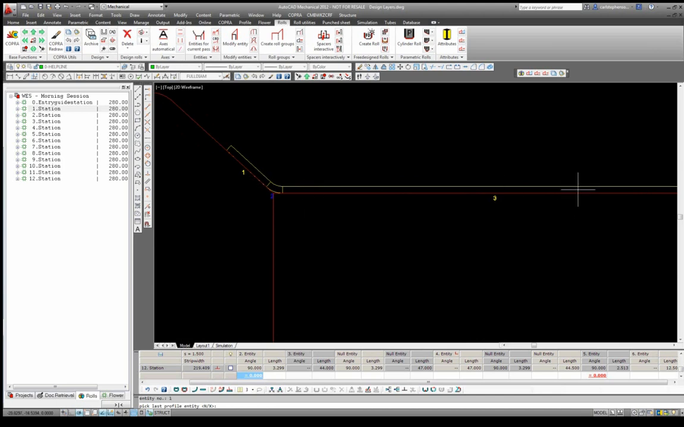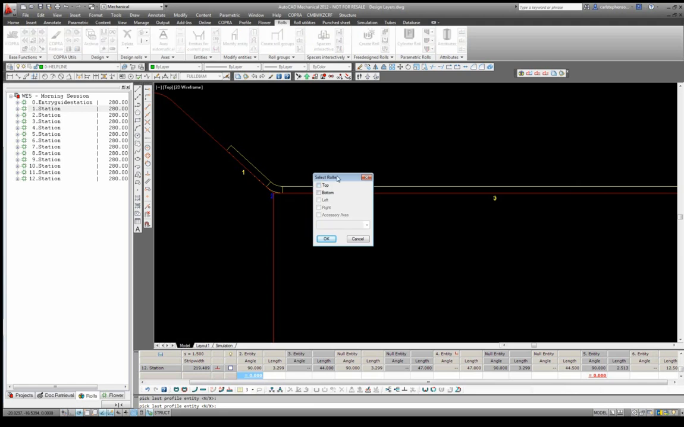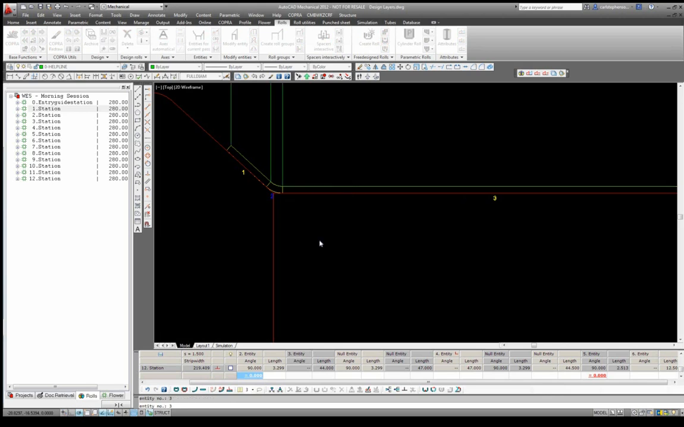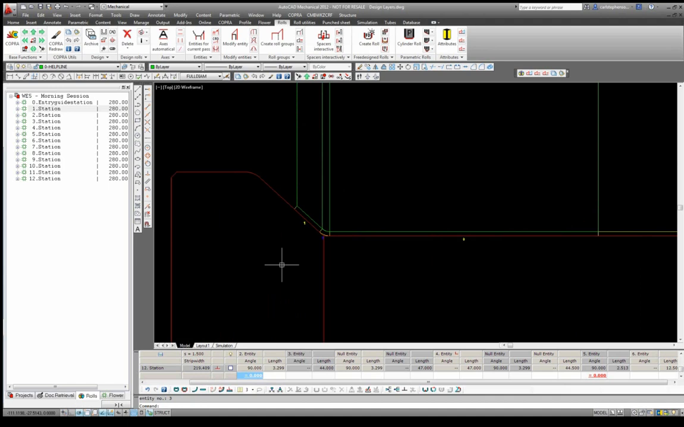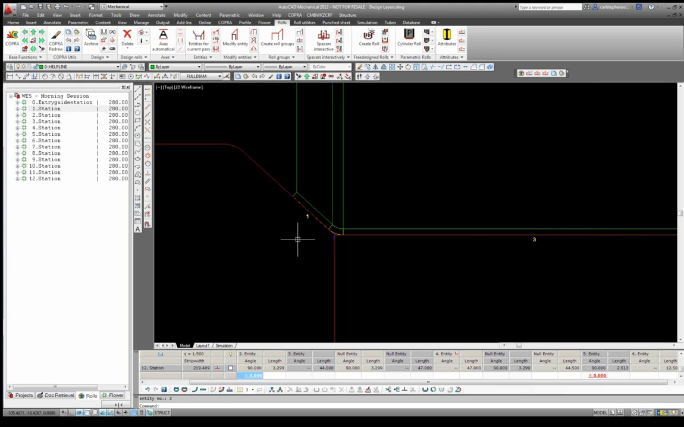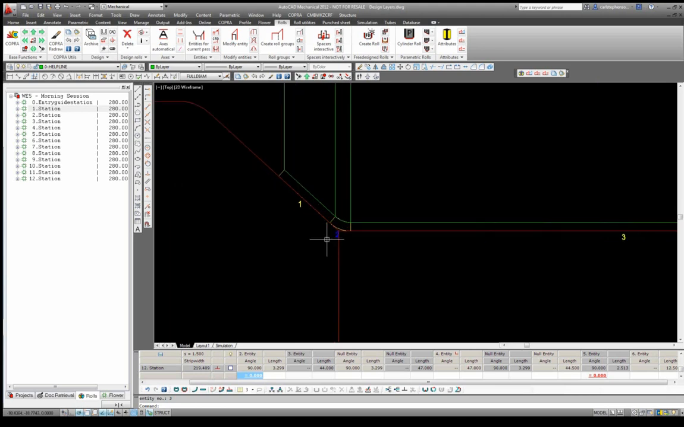We now specify for which axes we would like these entities to be displayed, and in this example it will be the top, and we just press OK. So now I'm going to modify this entity. I'm going to give some relief on entity 1 using a Copra tool. Now these again can be used in free design rolls. So I'm going to modify this entity,